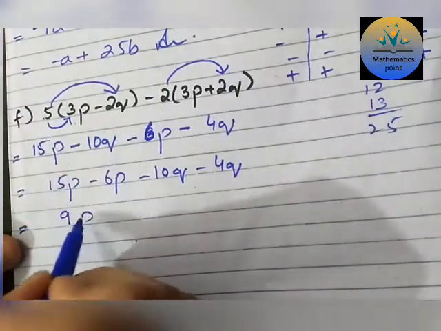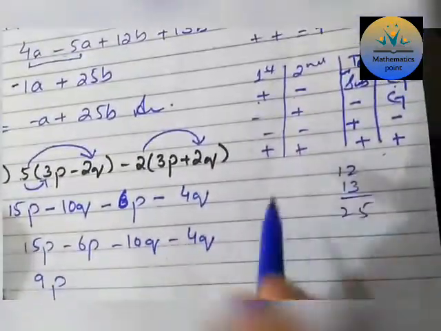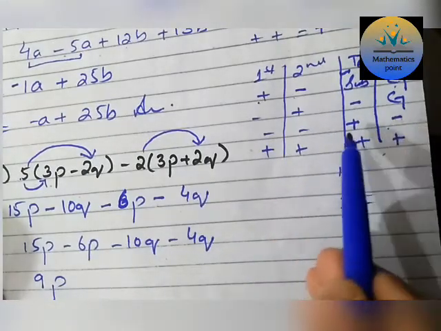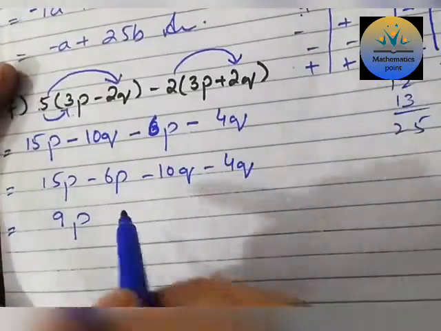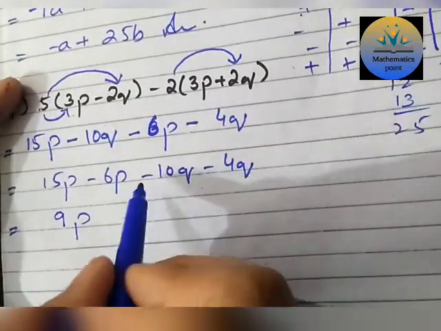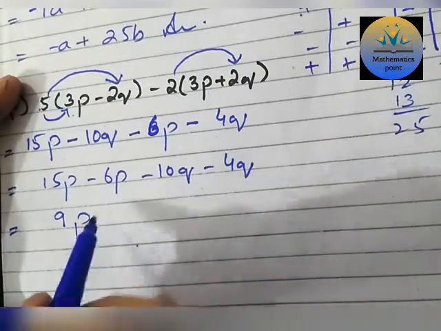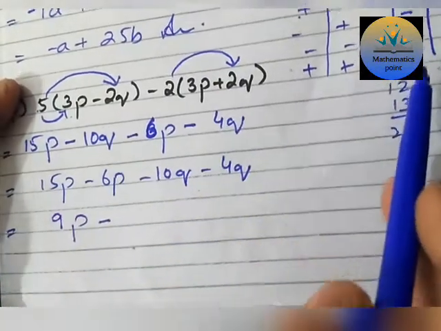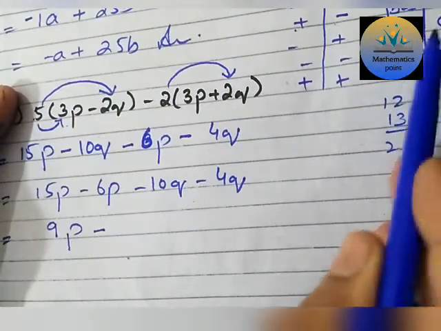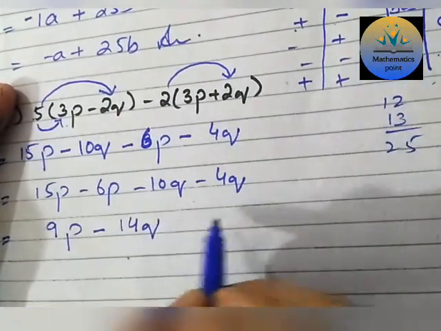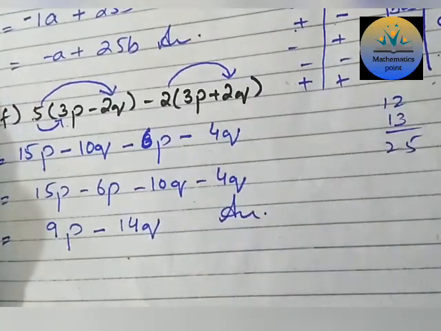And then p. Then minus minus, again look at your chart. Minus minus, terms will be added and we place the sign minus. So the terms will be added. 10 minus 4, that is minus 10 minus 4, both the terms having the same sign, so terms will be added and we place the sign minus as mentioned in the rule chart. So minus 10 minus 4 is minus 14q. So it is done with your part F.